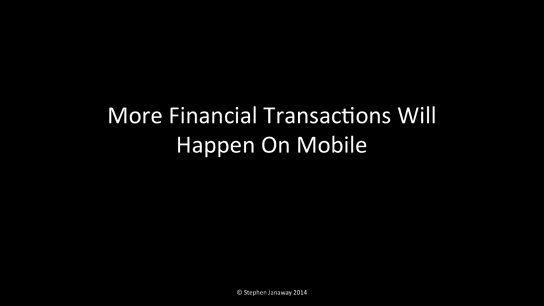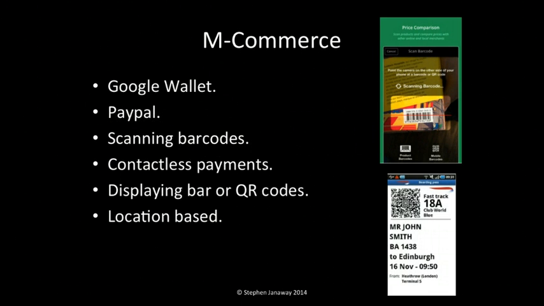We will certainly in the future see more transactions from a financial perspective happening on mobile. So consumers are increasingly moving over to mobile for financial transactions. And this means a number of things for testing. So mobile commerce is getting increasingly big. I mean, users still don't trust mobile as much as desktop for commerce. I think there's still quite a lot of browsing that happens on mobile, but then the purchase decision actually happens on desktop. But this is changing.